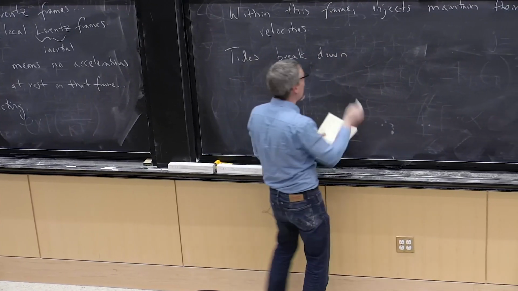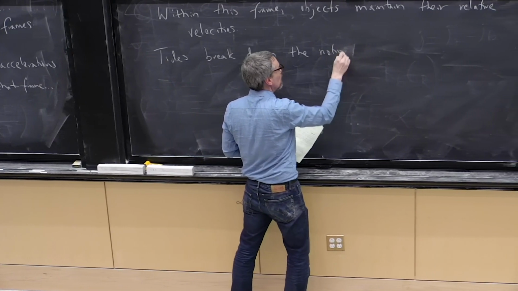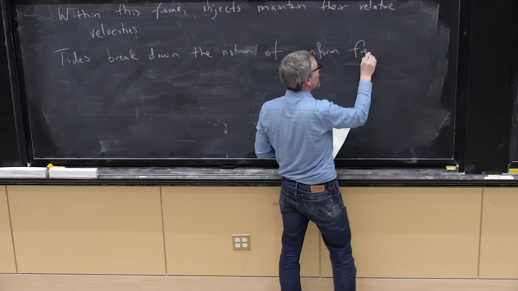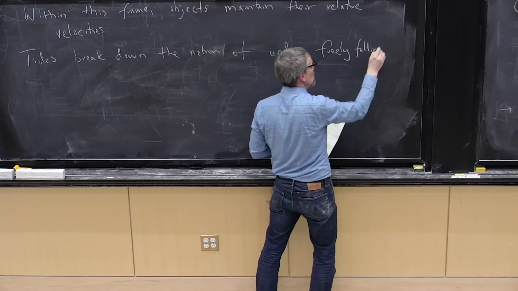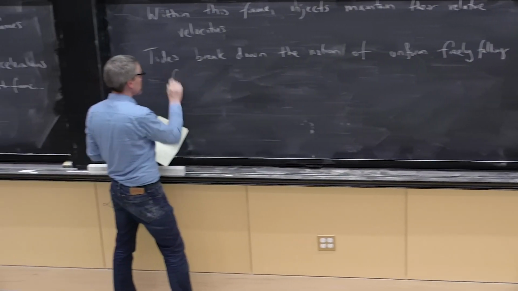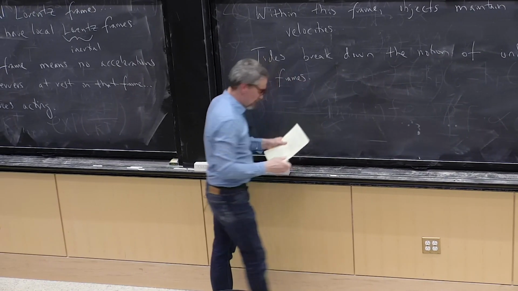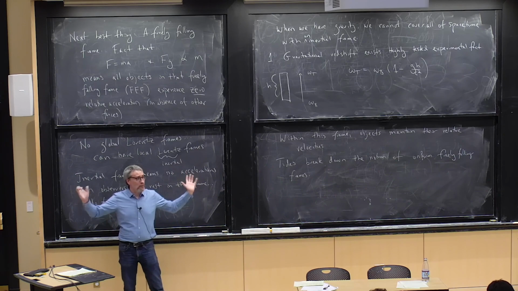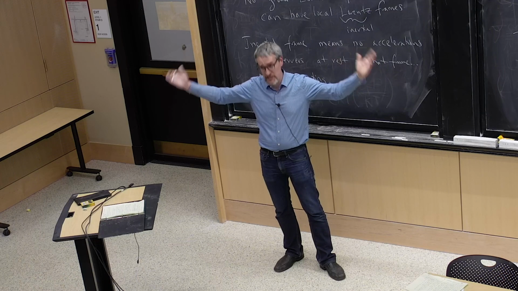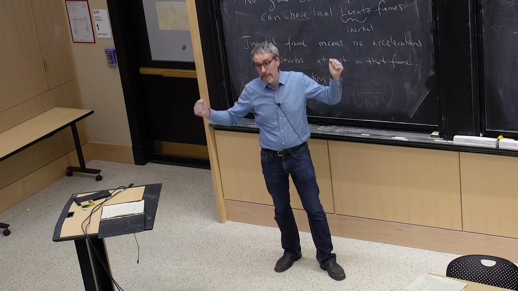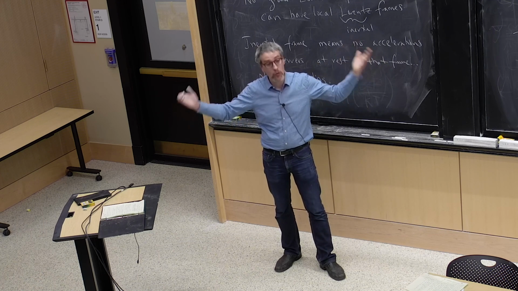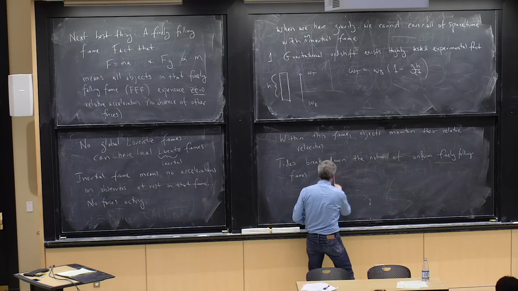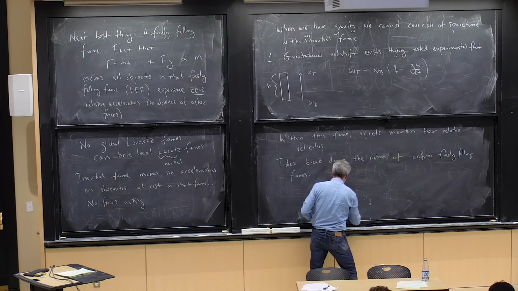So tides break down the notion of uniform, freely falling frames. What this is telling us is that if I'm going to create this inertial frame that is essentially a freely falling frame, it will have to be of finite size. Hence, it's local and not global. Okay? Physically, this is telling me that if I have a really tall, freely falling elevator,